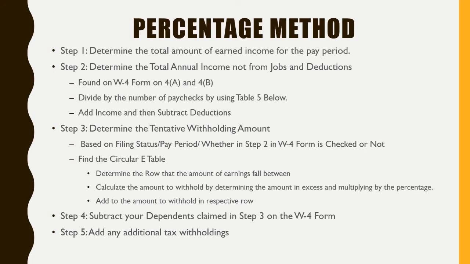So in this case, step 2 is going to be, for this class, I'm going to make them all 0. I'm going to say that they're not going to have a second job. They're not going to have any extra deductions that they can take. So in this case, step 2 is going to automatically be zeroed out. So we're going to go from step 1 to just determine how much that they earned